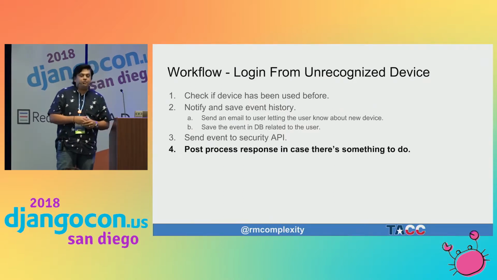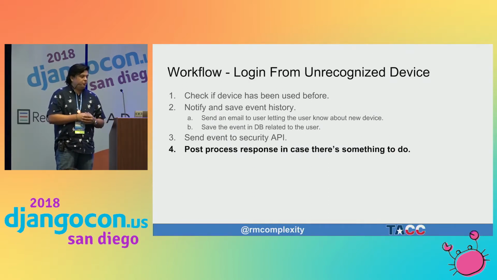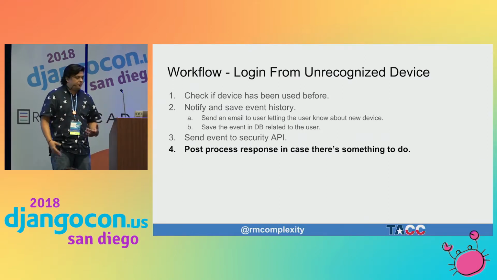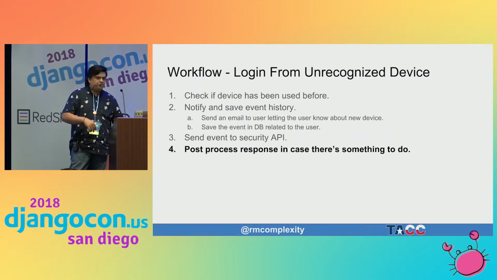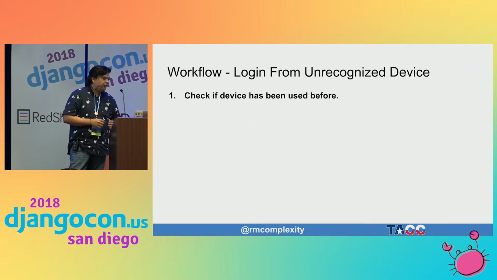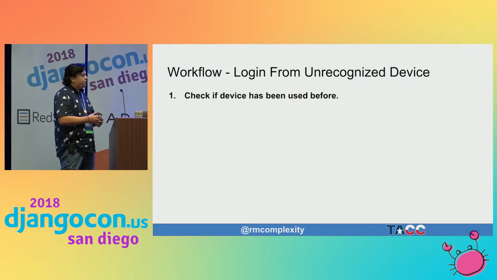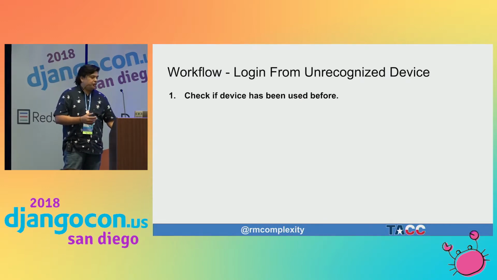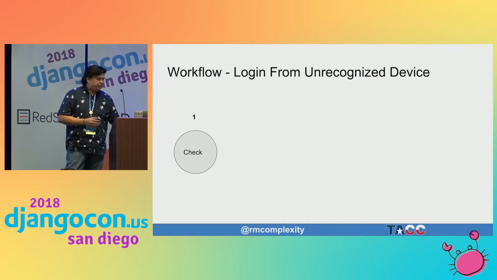And then finally, we get whatever response we get from this API, and we post-process it in different ways. We could probably, again, save it into a database, or maybe send another notification, or maybe just flip a switch somewhere. So let's start. How can we start drawing our workflow? First, the first step is going to be just to check the device, if it is a new device,